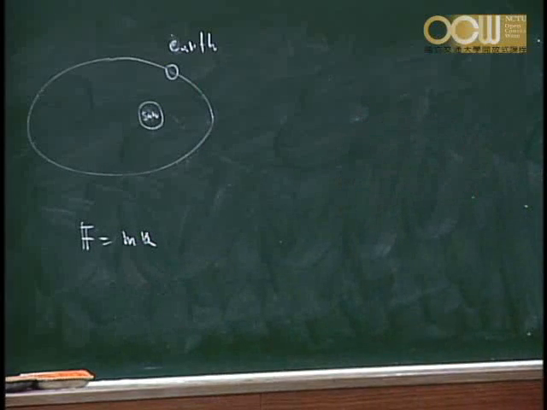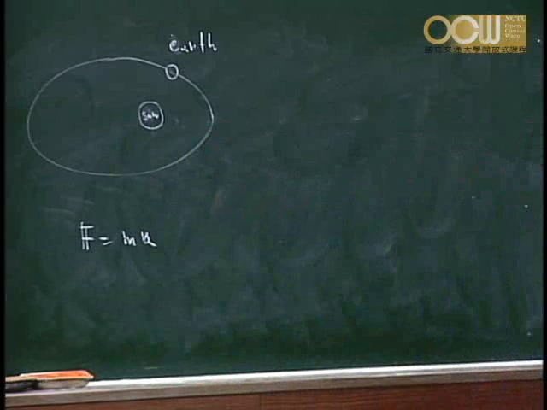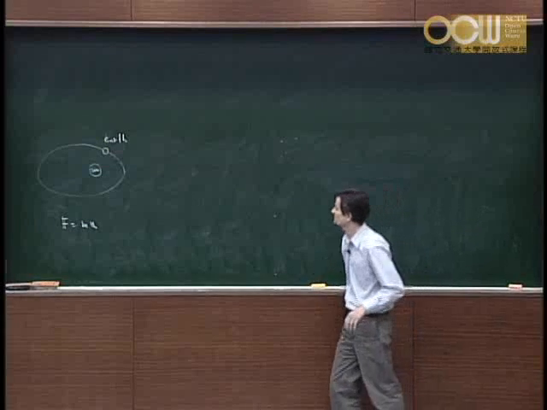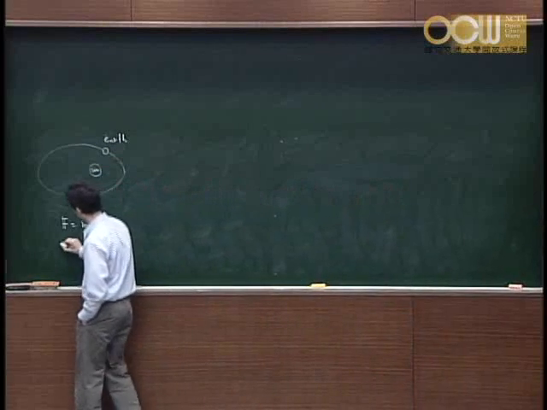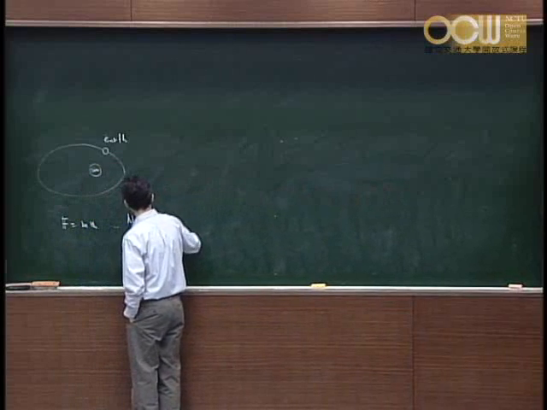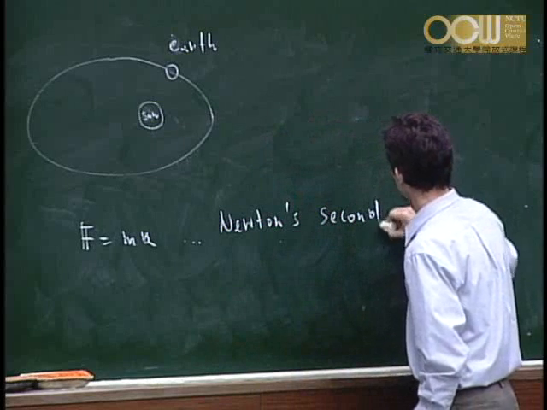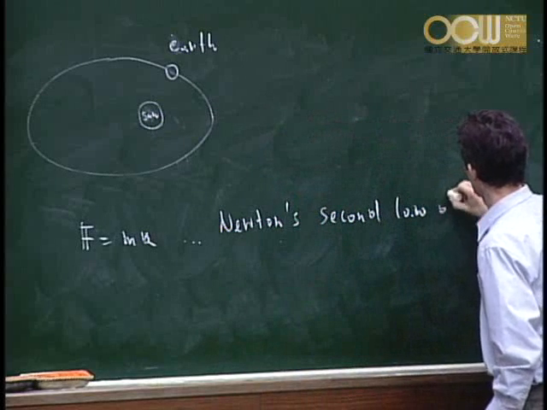This is something you can find out here. You do not have to leave for this. And the second one is that the gravitational force between two objects satisfies the following law. So this is Newton's second law of motion,